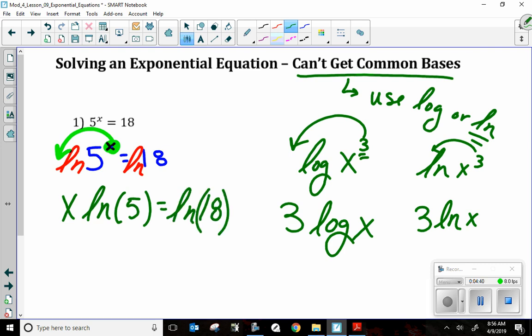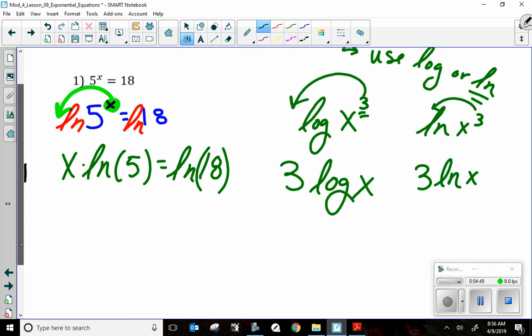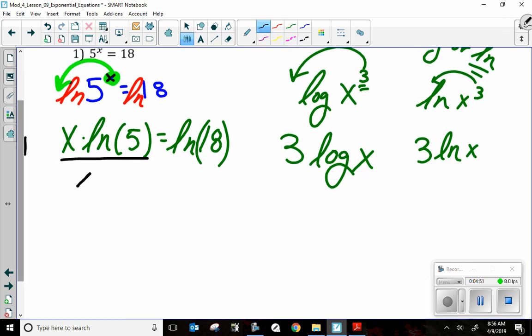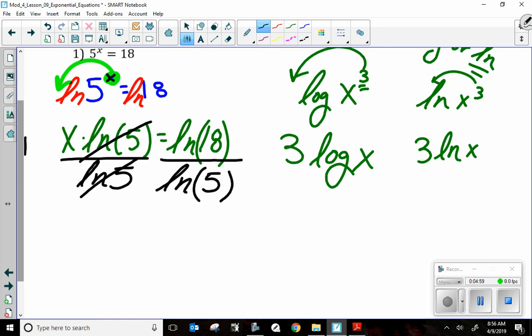All right? Now keep in mind you are now multiplying x times the ln of 5. The one thing I need to do to get my x alone is divide by the natural log of 5. What I do to one side, I have to do to the other. Please, please, for the love of God,